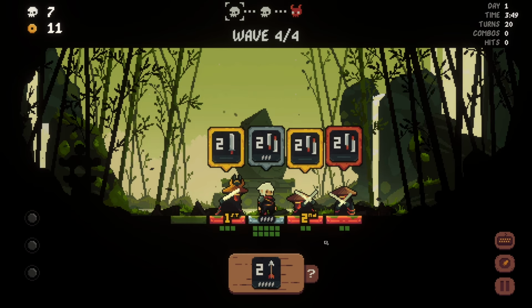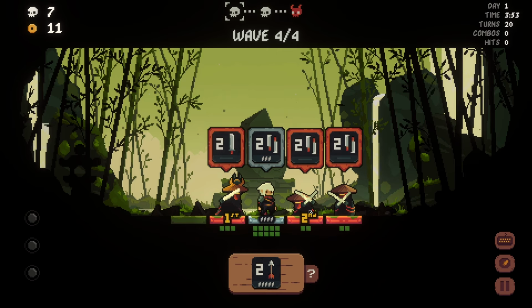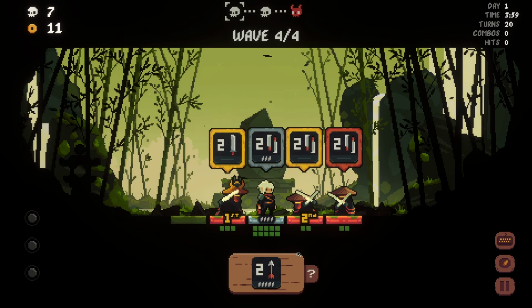Okay, so the reason I was saying, if I had 1 less turn, what I could have done is swap positions here, done my swirl. This guy would have been dead, so I wouldn't have needed the arrow. However, what I should have done...